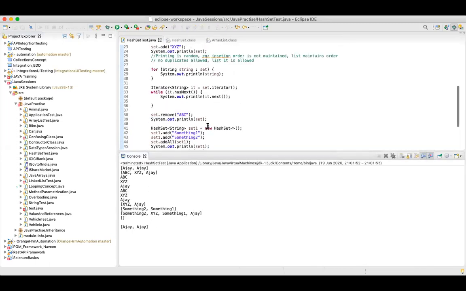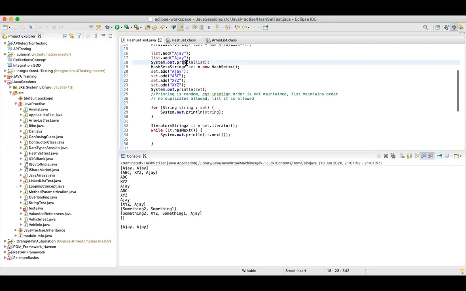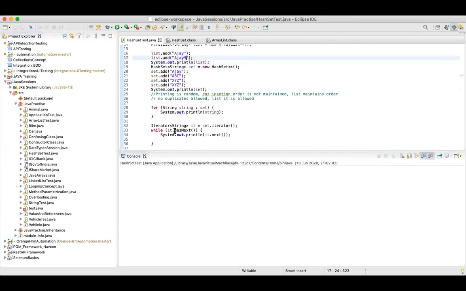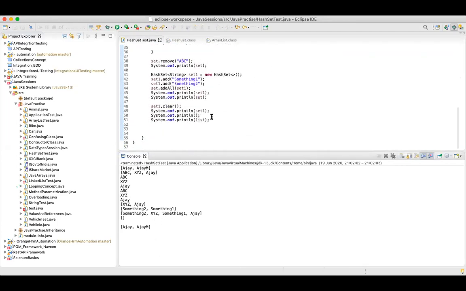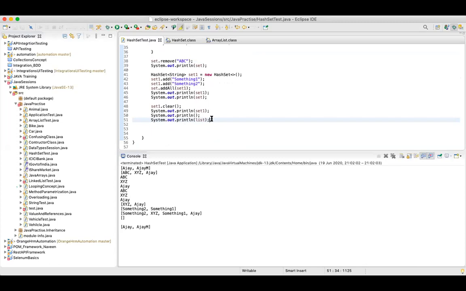It has both the same name, so let me change it. I'll say Ajay M. So I have Ajay and Ajay M in the array list. Now let's assume that I want to convert this into a hash set.